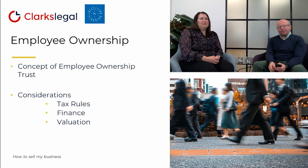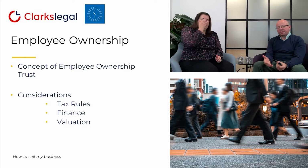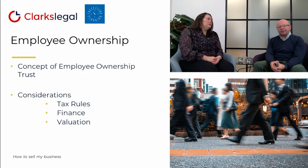And employee ownership is, as I say, a sort of third element that's come out over the last couple of years, where the sellers of a business can sell a qualifying interest in their underlying trading company to a trust for the benefit of all of the employees as a whole. These are quite popular for the reasons buyouts are popular. You have the succession and continuity of the leadership team and the founders being involved in the business,